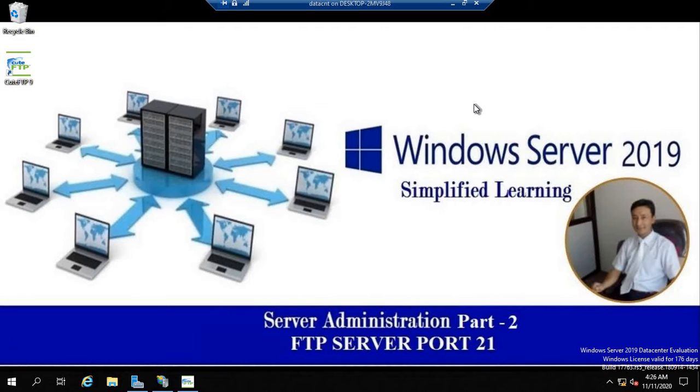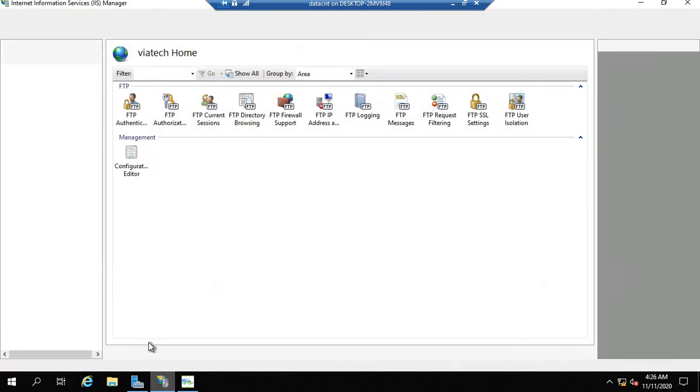So in our previous session we talked about installing our FTP server, and hosting that page so that your client can upload and download a file using the protocol FTP. That's port number 21 by default. So in today's session, as a continuation of your FTP server, we are going to talk about certain security issues and the system administration part of a system administrator in order to manage and monitor the FTP server. So let's start without wasting much further time.